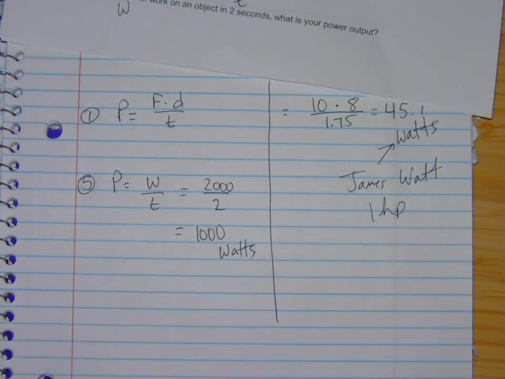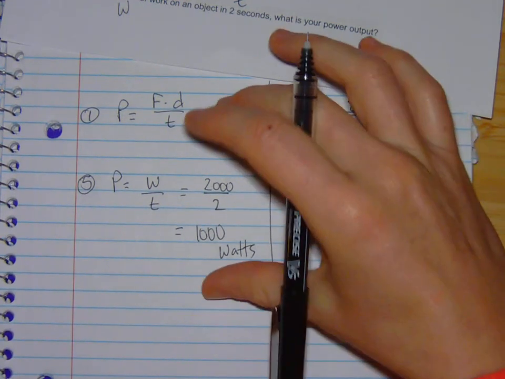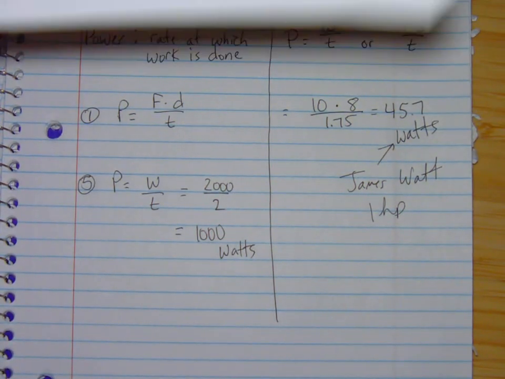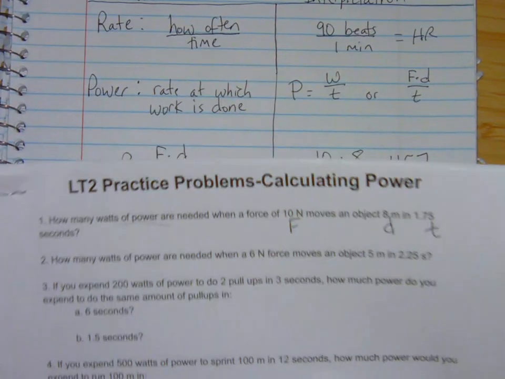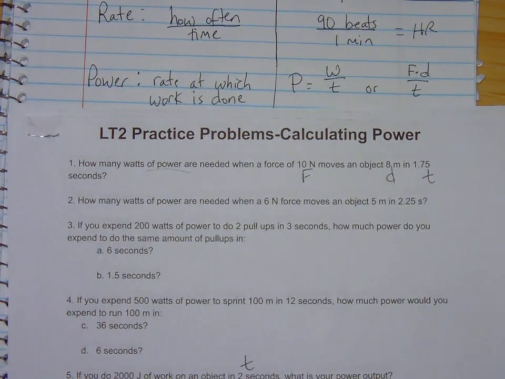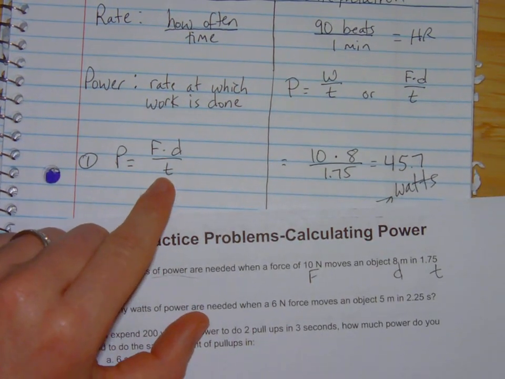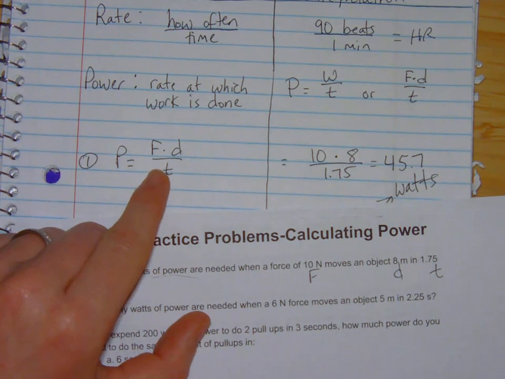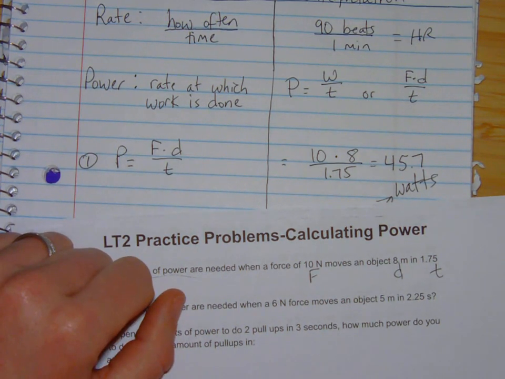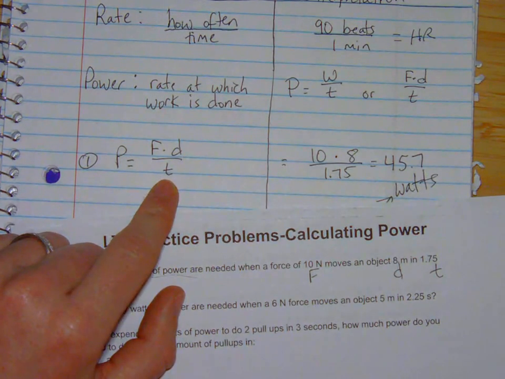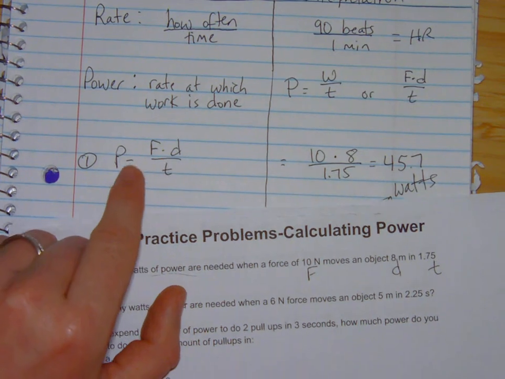All right, now the trend here, other than just flat out plug and chug, is are we understanding this rate idea? Because we want to think about what would be more powerful. If you and I can do the same amount of work, if we can both do 1,000 joules of work, but let's say that you can do it in less time. If you divide by a smaller number, you get a bigger answer. So think about that. We both do 1,000 joules of work, but you can do it faster. So a lesser amount of time to do the same amount of work gives you a bigger answer because